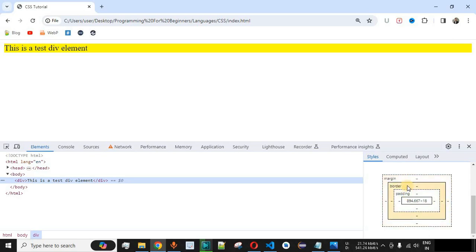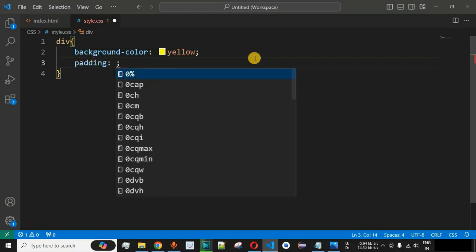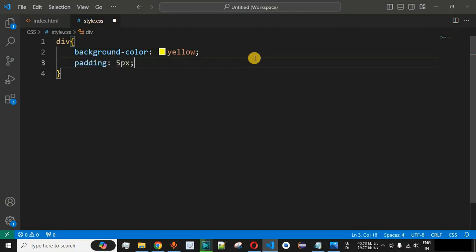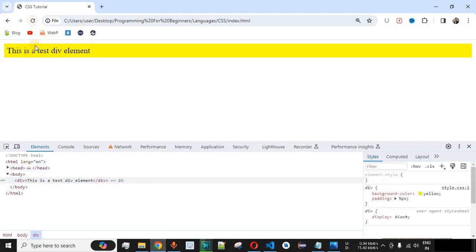So guys, let us provide all these components in the style.css file one at a time. Let's provide padding of 5 pixels on all four sides. Let me save this file and reload the page once again on the browser. As you can see, we have provided the padding to this content, and it is reflected on the background color. We have certain spacing between the border of the background color and the content itself.